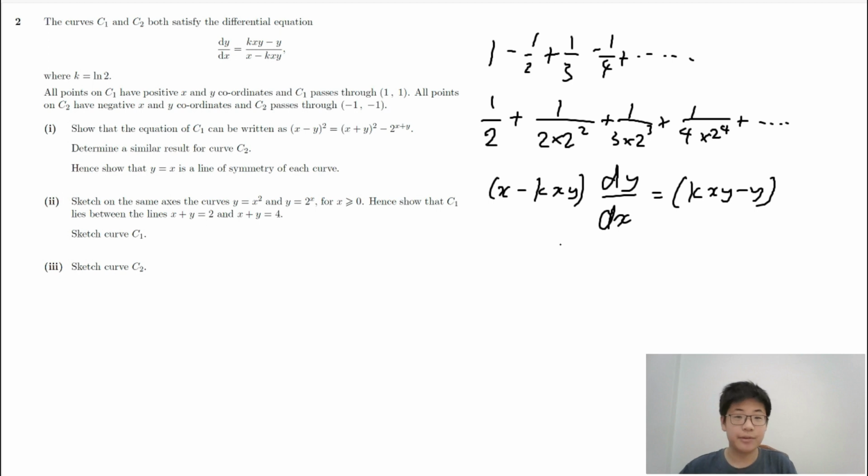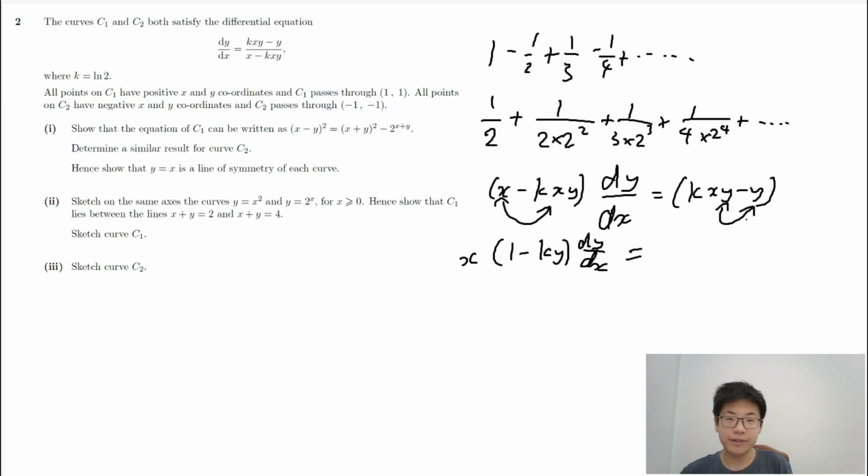Now what we do is that we factorize both sides. The one on the left, the terms have a common factor of x. So we have x(1 minus ky) dy over dx. Now on the right side, the terms have a common factor of y, and then we get y(kx minus 1). So what do we do? Well,